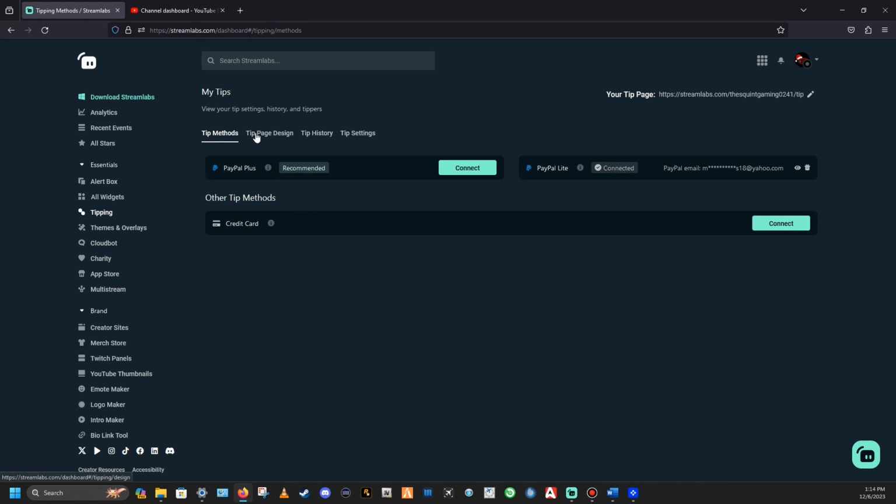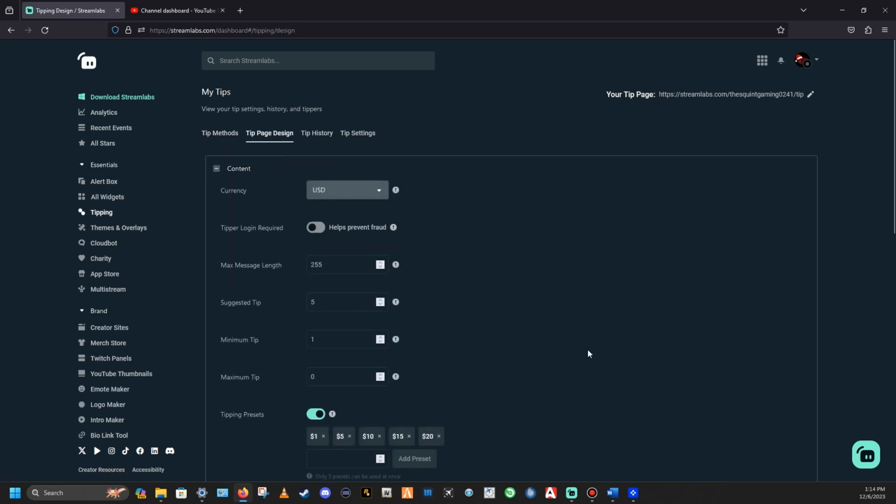Okay. All right. Up here, you have four different little tabs. So we're on the tip methods right now. Tip page design. So you can go through and set up all this stuff. You can allow somebody to type in a message like, "Hey, great stream. Love watching your content." You can set however much you want character-wise for the message to be. You can adjust that here. Okay. If you want it to be 200 characters max, or if you want it to be 300 characters max,